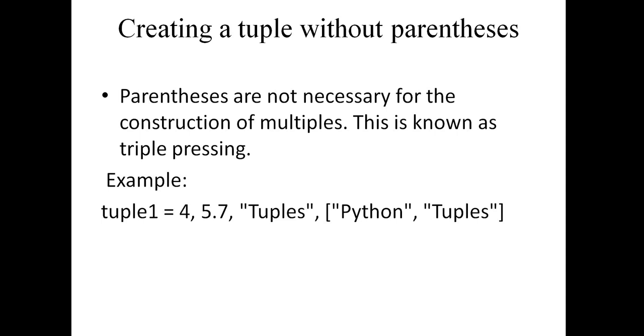See how we have given the name of a tuple, tuple 1. It holds values 4, the second element 5.7, the third element is a string, and the fourth element is a list. Again, the list holds two elements of the same data type,